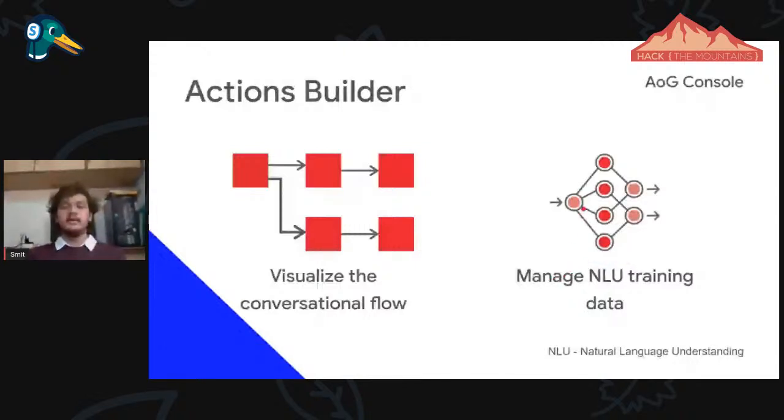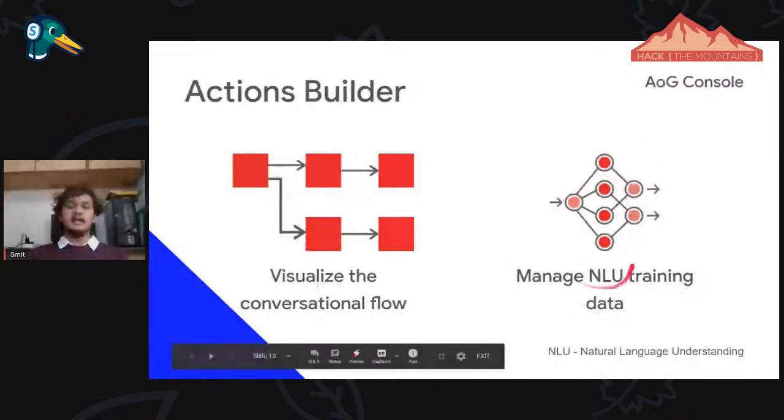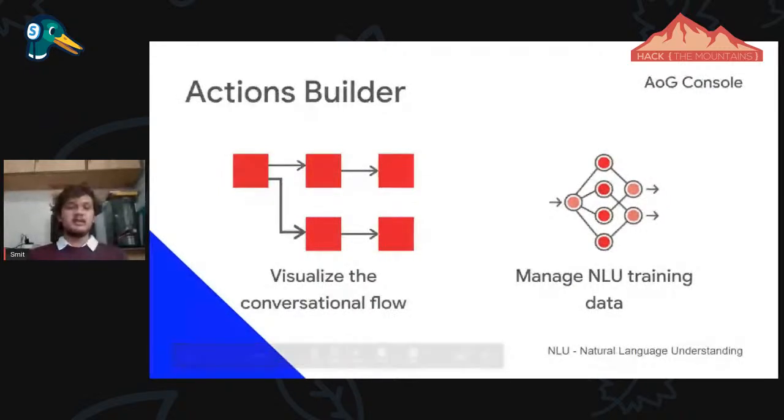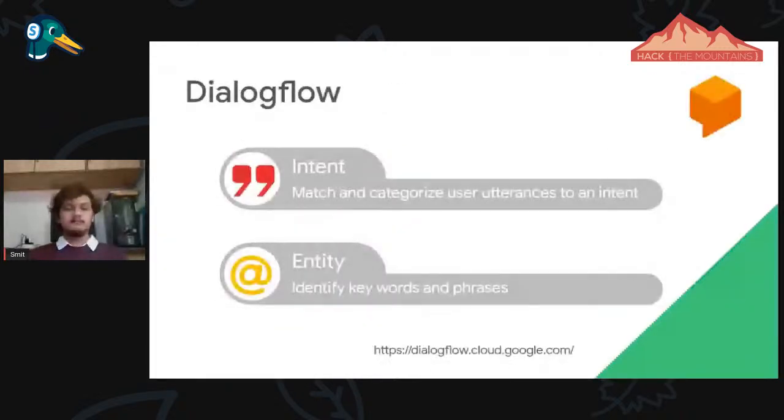Like you will give the input, suppose an invocation. For each and every intent there will be one invocation, and there will be many training phrases. By giving the training phrase, you will invoke the particular intent. So similarly, the NLU will train on the data. And the next is dialog flow.